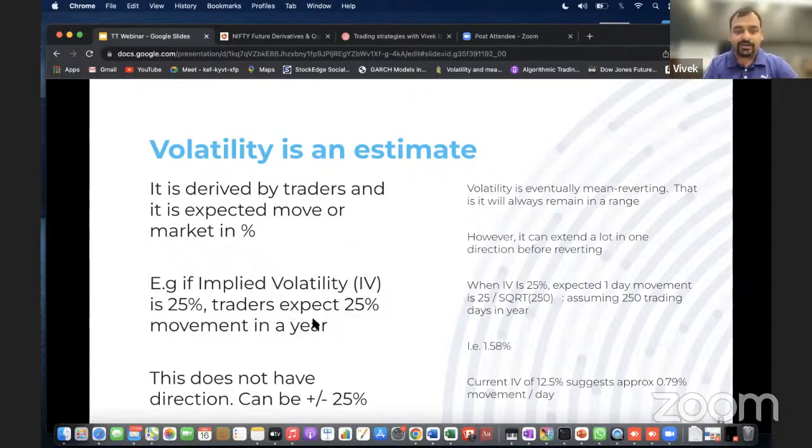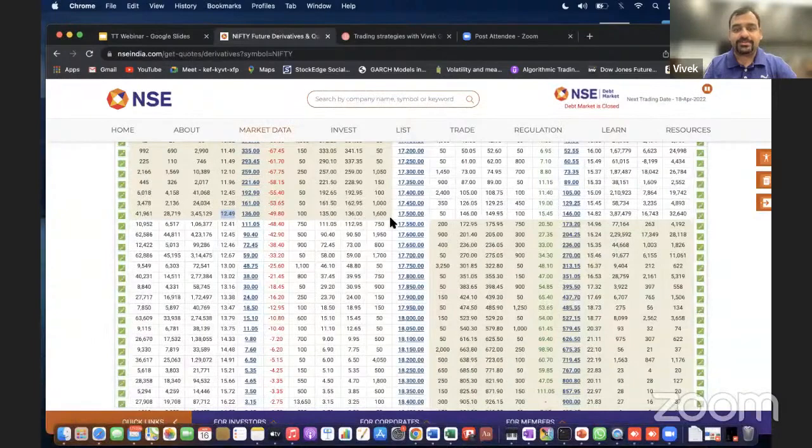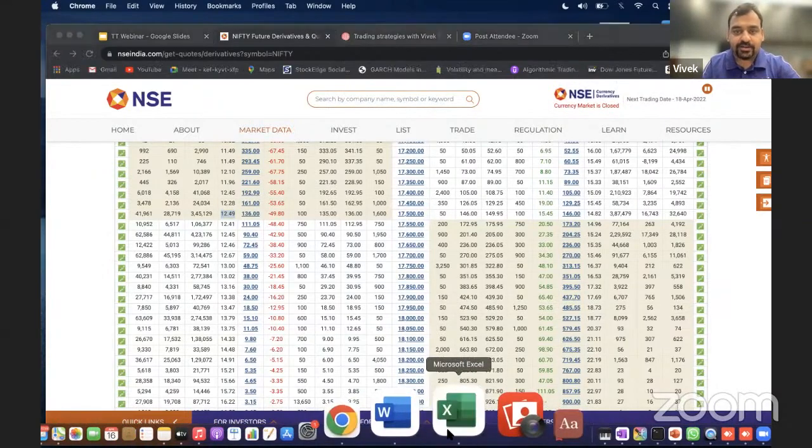So this 1 year is basically a direction of 12.5% can be either up or down, right? Whether the traders are expecting the market to go up or down is not determined by volatility. So volatility does not have any directional aspect to it. So if we say from a calculated perspective, let's just say quickly